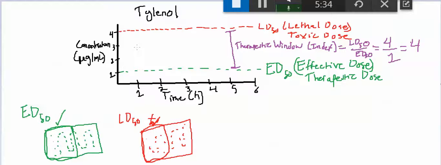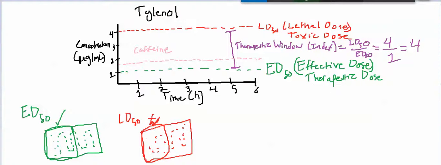Let's say we have caffeine. Caffeine is very common. And let's say that the therapeutic dose is around here. Actually, it's more like 60 milligrams is a good dose of caffeine. But we'll say that it's around here at 1.5. And we'll say that the lethal dose of caffeine is way up here. It's something like micrograms per milliliter. And that would give us a therapeutic index of over 1.5. Let's see, that's 2, 4, 6, 8, which is twice as wide as the therapeutic window for caffeine. However,